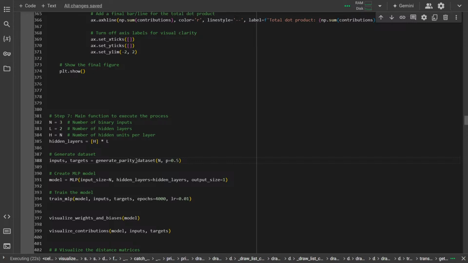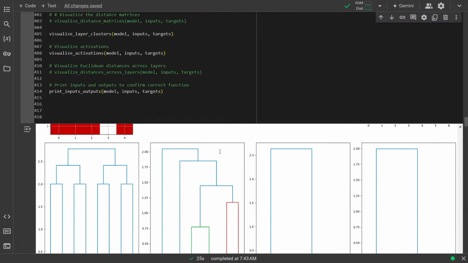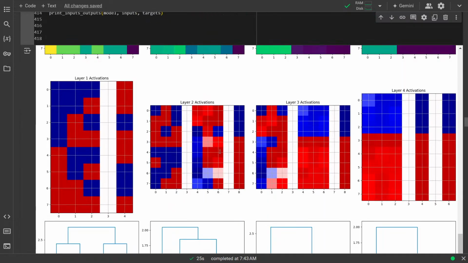So we're trying to intuit how a human would program, how you would set the weights and biases to, yeah, so we're trying to compute